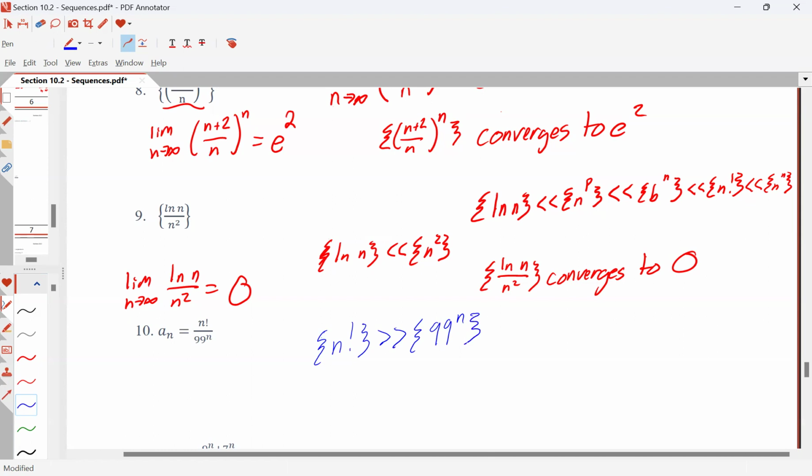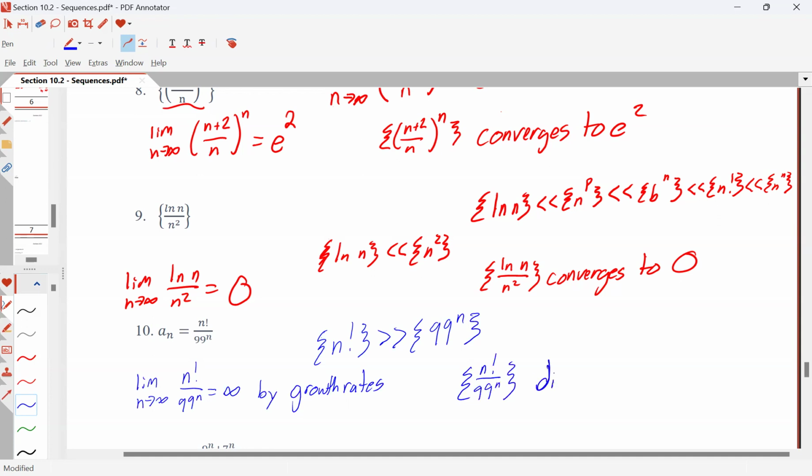The base could be 1,027,000. The fact that we're comparing against n factorial means that n factorial is growing faster. So limit as n goes to infinity of n factorial over 99 to the n equals infinity by growth rates. So the sequence n factorial over 99 to the n